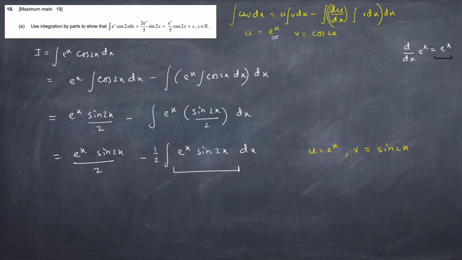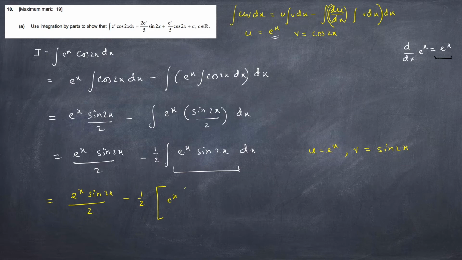Now if we try to do this particular problem again by parts, then the formula will be e to the power x sine 2x divided by 2 minus, here it is half, and we are using a third bracket because the complete part will be inside the by parts method. So that's why we are using the third bracket. Here it will be just the same formula, u integration v dx.